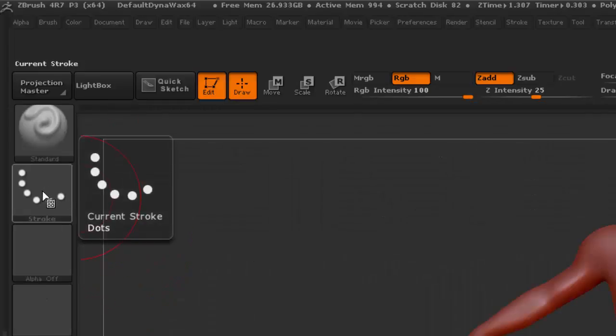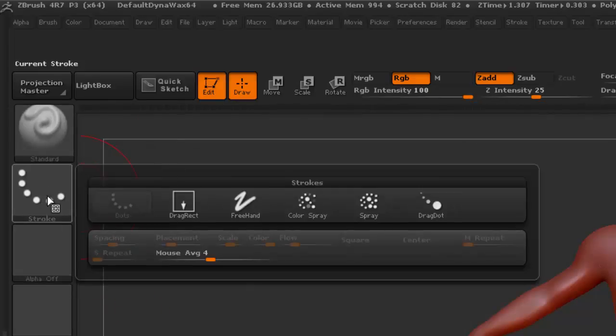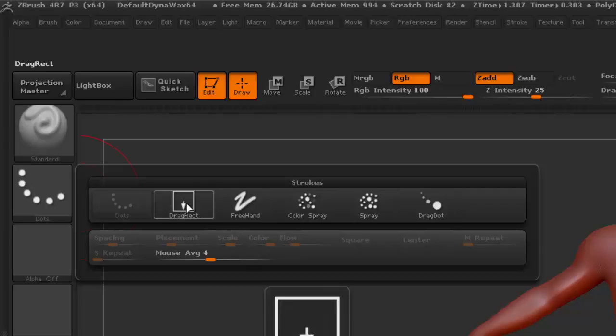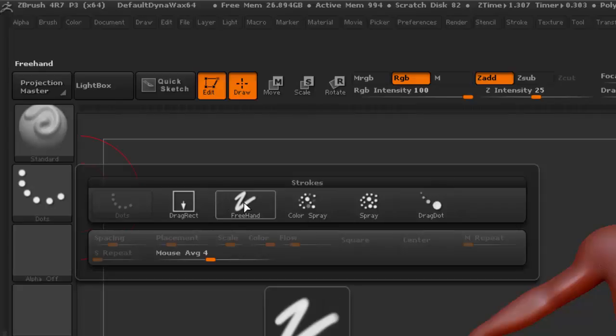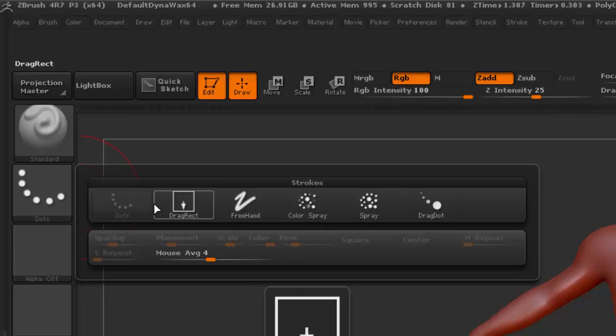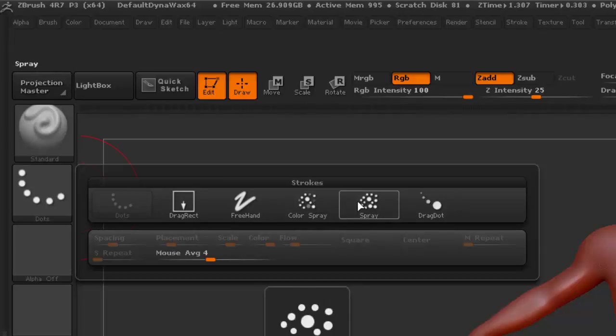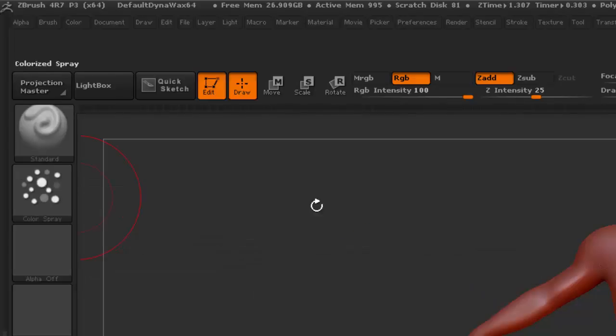But just below this, we've got the stroke type. Now the stroke type by default is on dots. If we change it to drag, it will drag an alpha shape onto the mesh, and I'll show you this in a minute. We've got the freehand, which gives you more of a smoother kind of stroke. We've got the colour spray, which can be used for painting, but they can also be used for adding detail to your mesh. So as an example, if we select the colour spray,